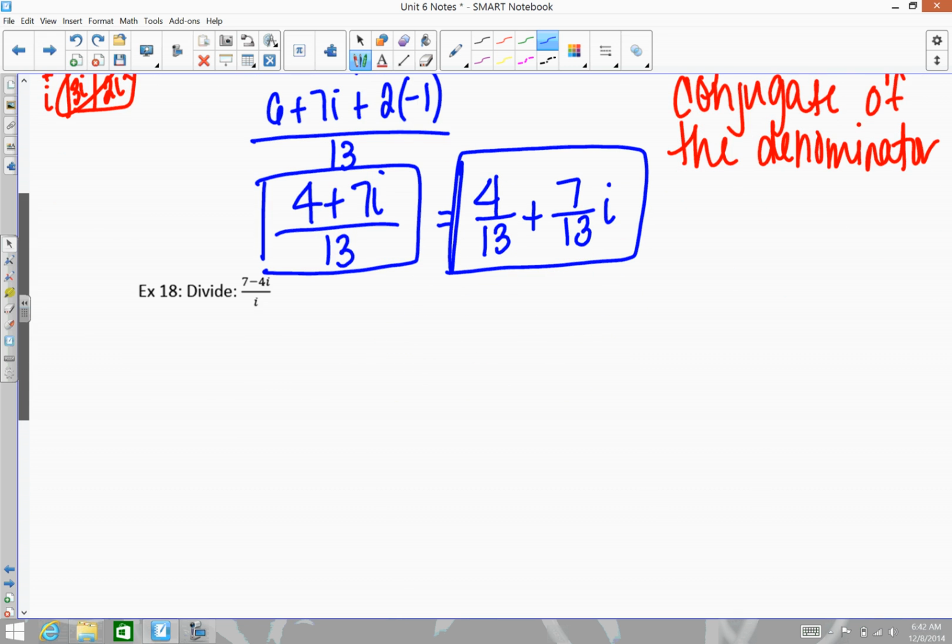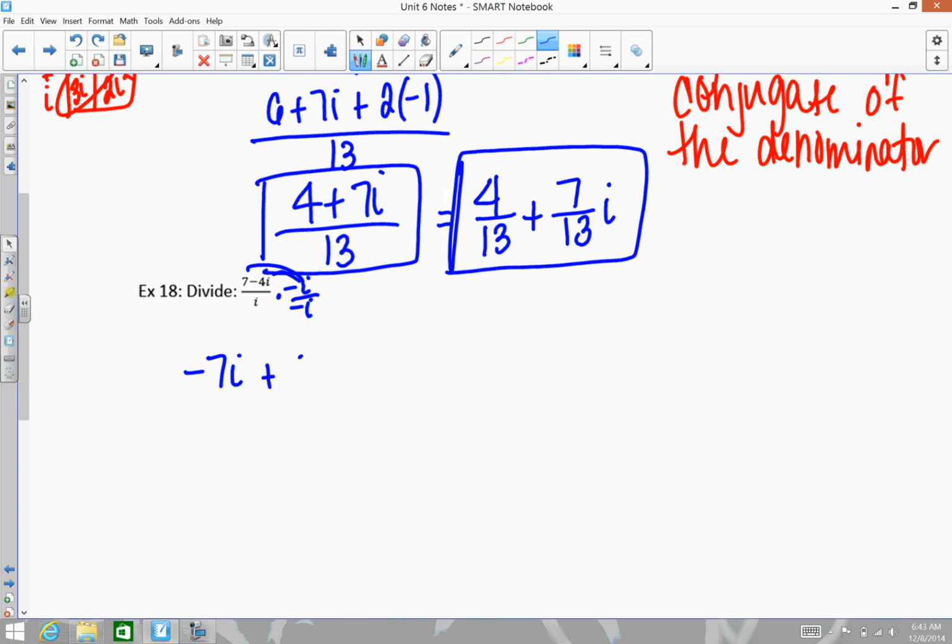And then the last example here is when you're dividing by an i. What you can do is, in order to get this to cancel, it needs to become an i squared or a negative i squared. So what we're going to do is we're going to multiply everything by negative i. And that's going to allow this to cancel. So we have up top, we're going to distribute this i. So we're going to have negative 7i